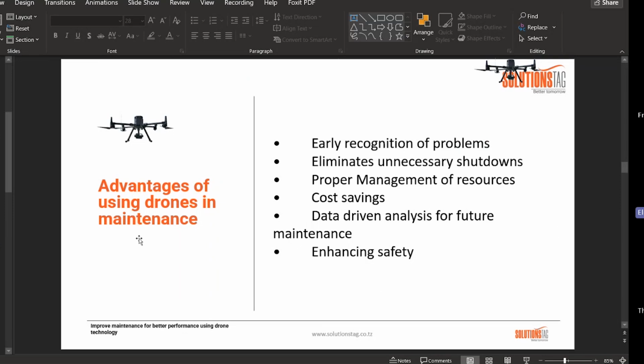But also, drones in maintenance enhance safety, because there are some facilities where there's exposure to chemicals. So we can't send people there most of the time. If we have to send them, then there must be a shutdown. But using drones, you can send the drone anytime without being afraid of compromising the safety of the facility or the workers. So these are some of the advantages that we have